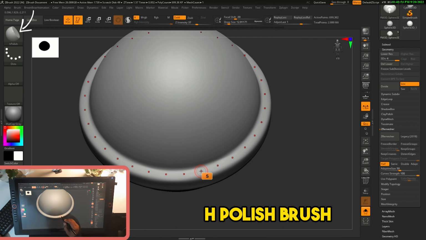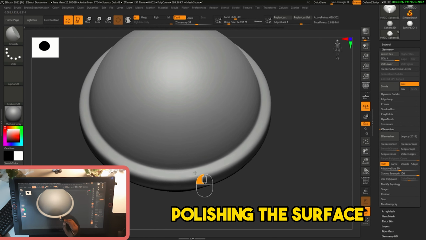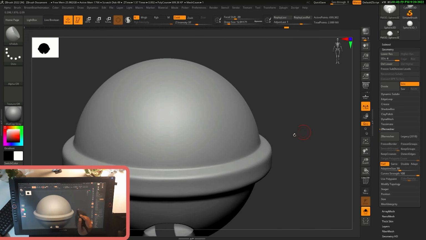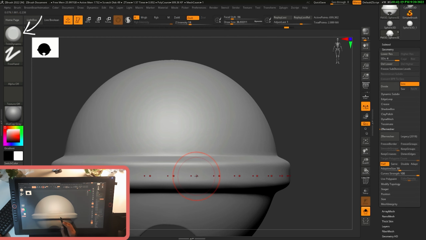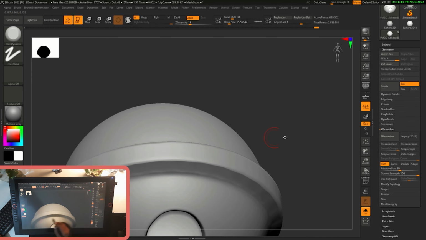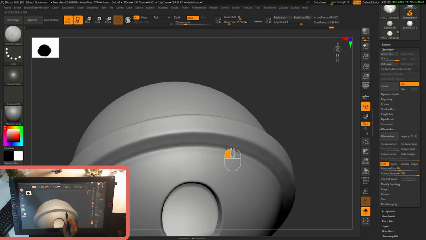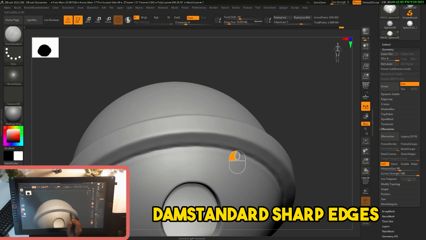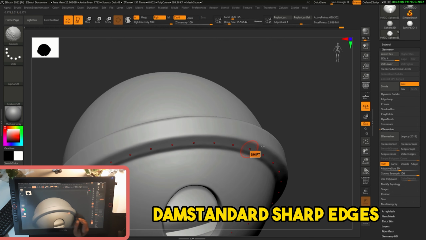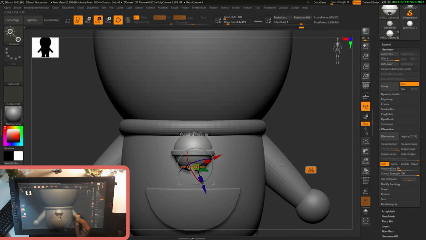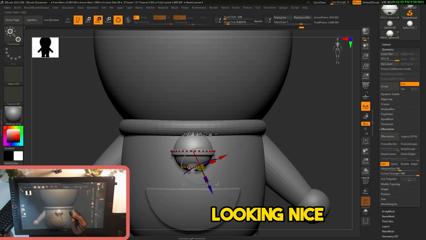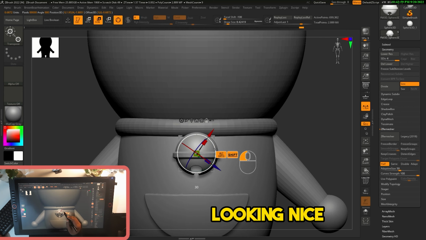Now with the Edge Polish brush and that radial symmetry, we are just polishing the surface to make it kind of smooth and flatten also. You can also use Trim Dynamic. Try different brushes and see what is working for you. And with the Dam Standard, we can, as usual, make sharp edges or cuts. After this, you can go out of the solo mode and you can see your bell is kind of looking